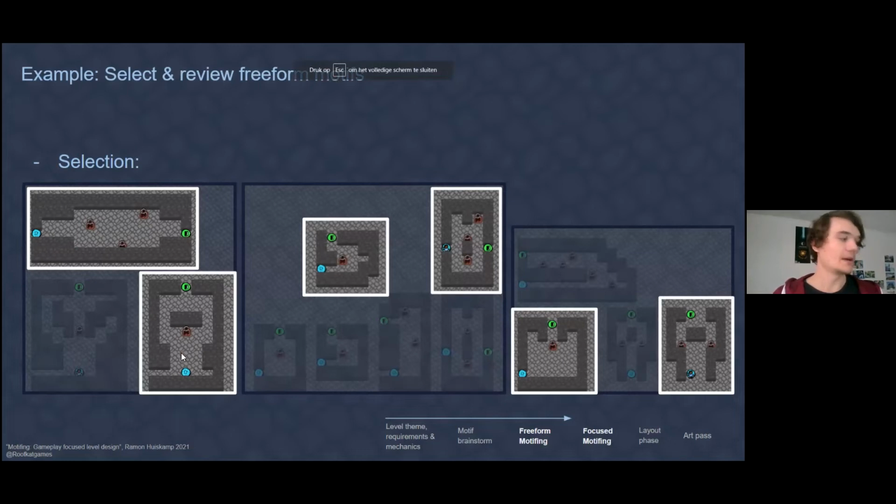I like this one more than the one on the left because this one doesn't have as many walls in front of the ogre, which makes him feel more dangerous, even though there's really not that much of a difference. Then over here, I really quite liked this particular shape for the dodge motifs